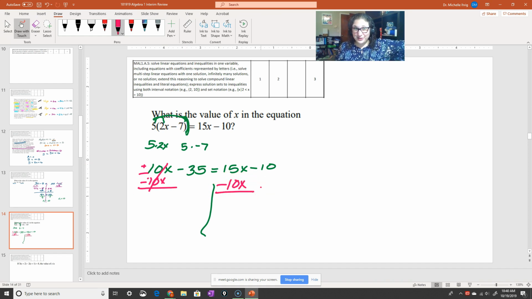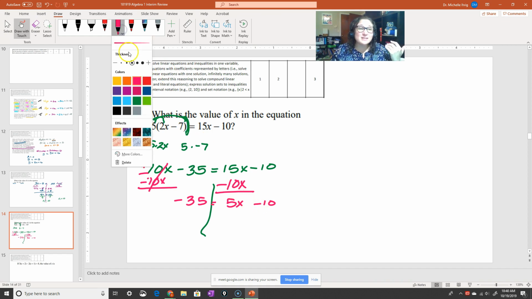Now, this is where some kids screw up. They're like, oh, there's a negative 10. Let me put the negative 10x under the negative 10. No, because you care about the x's. I'm subtracting 10 x's from one side, so I have to subtract 10 x's from the other side. And I have to make sure those x's line up. So that eliminates this, becomes 0. I'm not even going to write it. Then I'm left with negative 35. Then, look what happens. 15 minus 10, simple, 5. The x comes down, and I'm left with a negative 10.